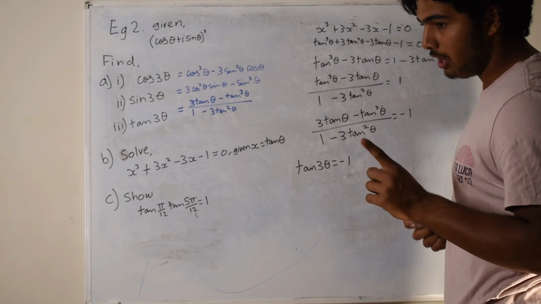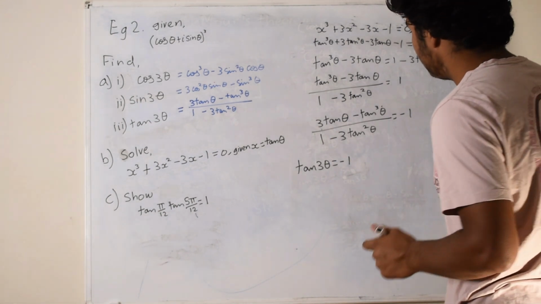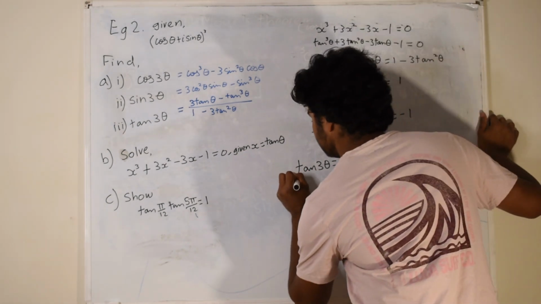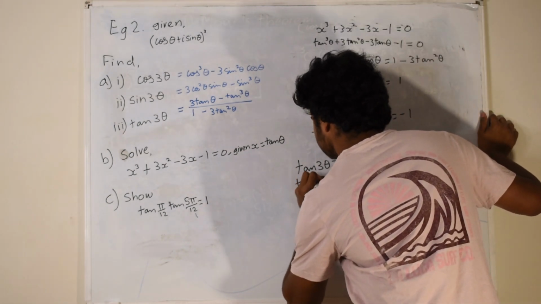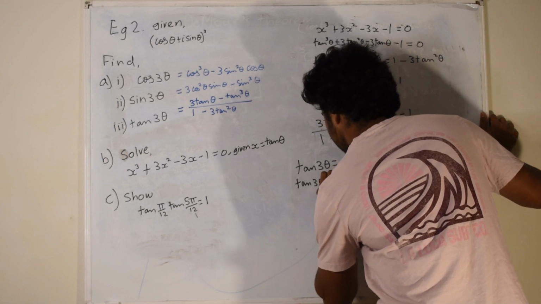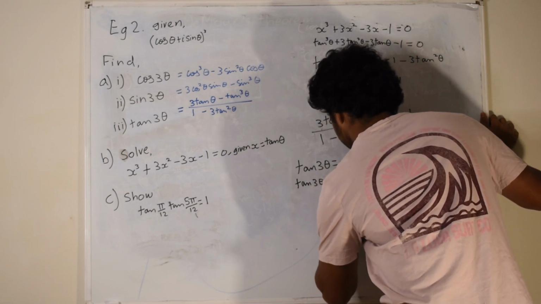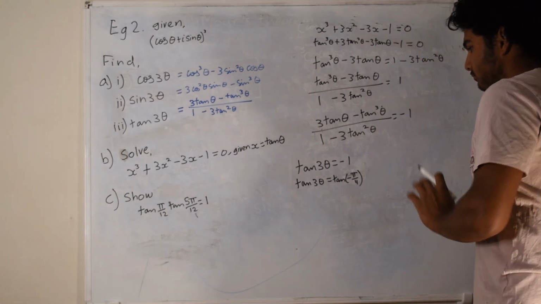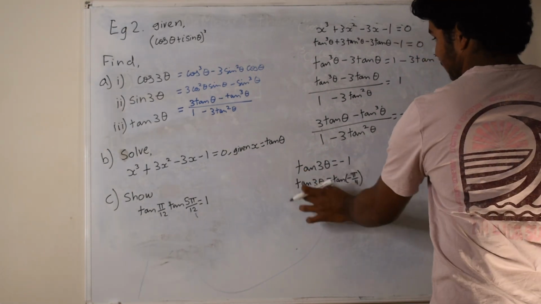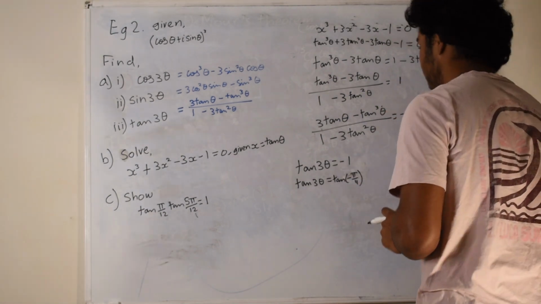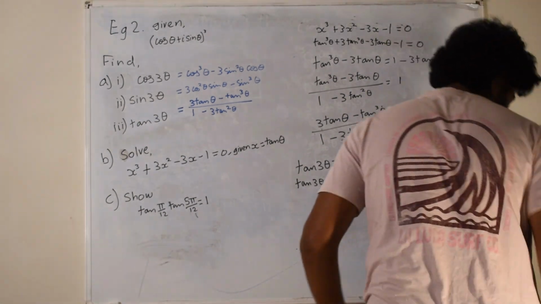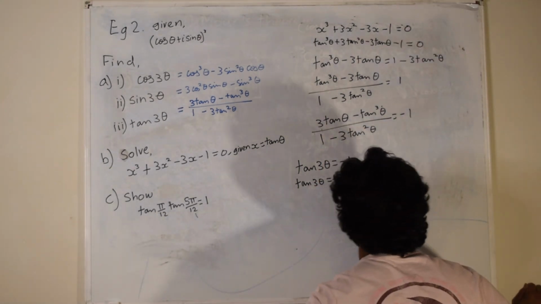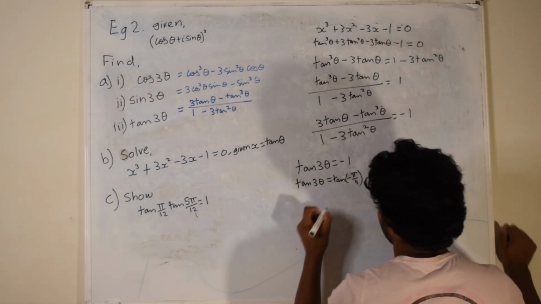Tan 45 gives me 1. So tan pi on 4 gives me 1. So in this case, change this to tan negative pi on 4. So this then becomes tan 3 theta, which equals to tan negative pi on 4. Beautiful. Now we can equate these separate parts. So tan and tan cancel out. Take the inverse of both sides, which then leaves me with, write this down, 3 theta